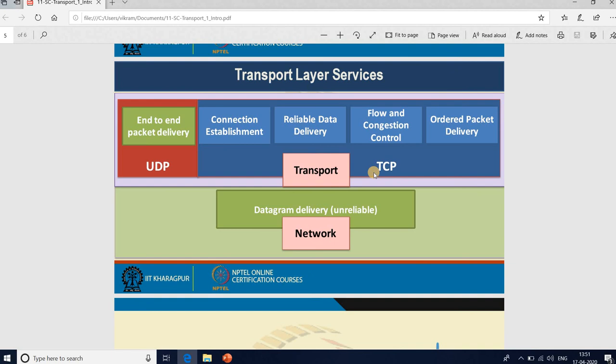In other words, the application should not be hampered by a loss of data from the intermediate routers or network devices. So the transport layer takes care of this and provides reliable data delivery on top of the unreliable datagram delivery supported by the network layer.